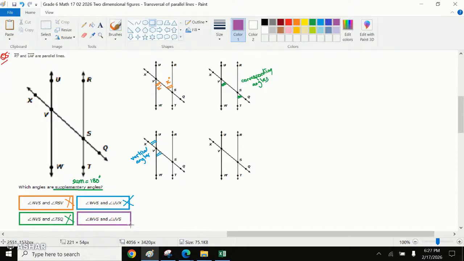In the last option, it says WVS and UWS. Would the sum of these two angles be 180? If this is the first angle given and this is the second angle given, these angles lie on a straight line, so the sum of these two angles would be 180. Therefore,